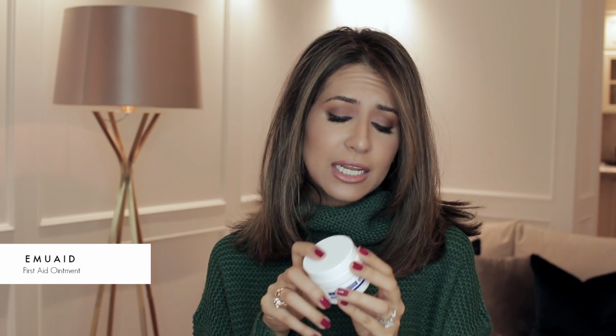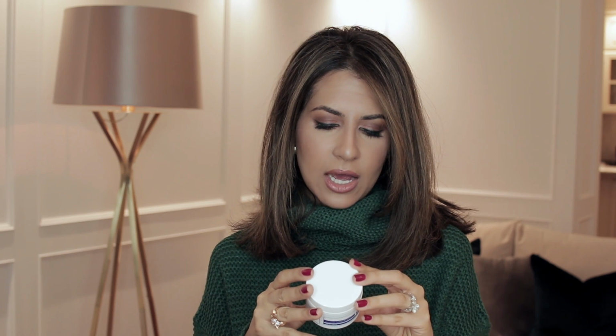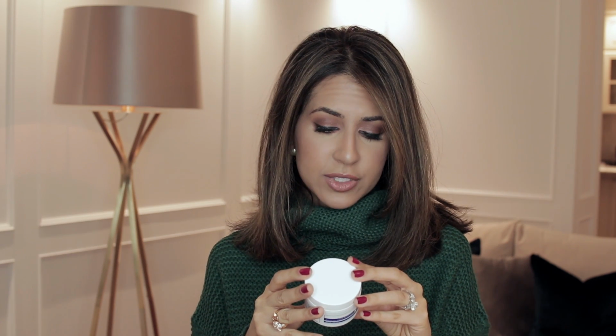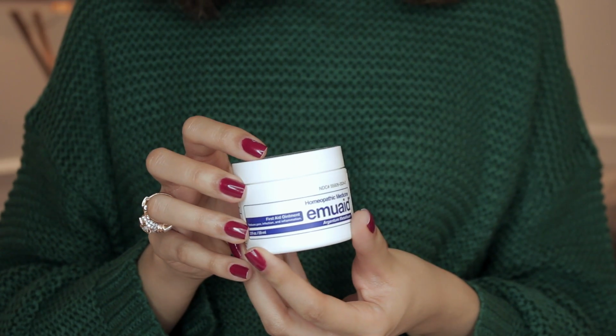And there's lots of different uses for it, but it's really good if you have eczema, for any allergies. It works for burns as well, for soothing anything. It says here it's good for bruises, sunburn, razor burn, scrapes, rashes, blisters, bug bites, skin eruptions, acne, eczema, loads of different things. But basically it's like a pomade kind of a thing. It comes like this,